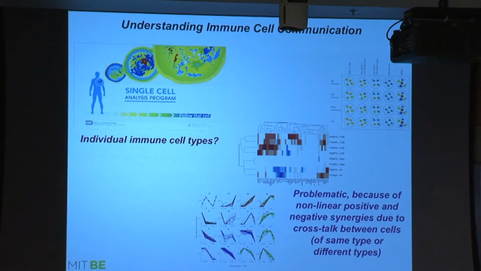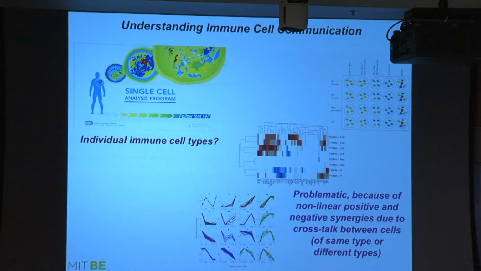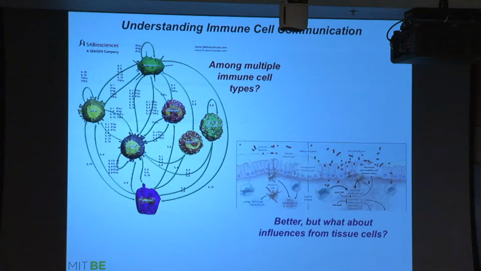And then as soon as you introduce another cell type, they'll do something different. So the positive and negative synergies in terms of cytokines produced, genes expressed, just by putting multiple cells together, either of the same type or multiple types, make it very difficult to add up in a linear way what individual cell information gives you. So then you say, well, then what we really got to go to is the communication